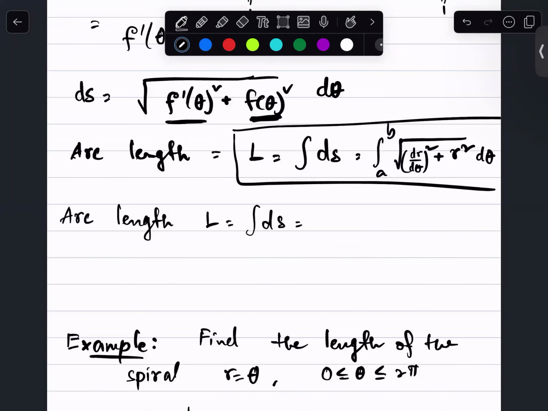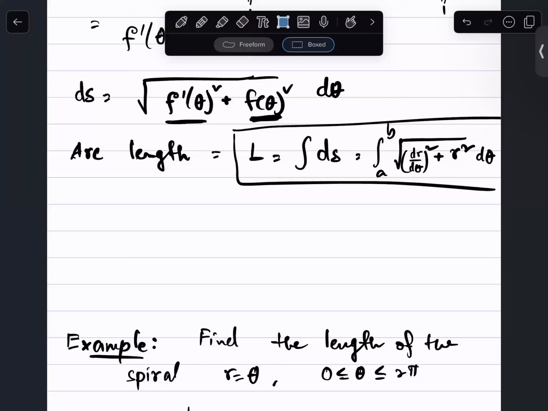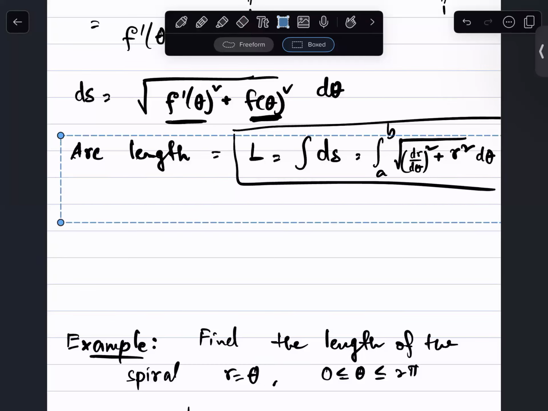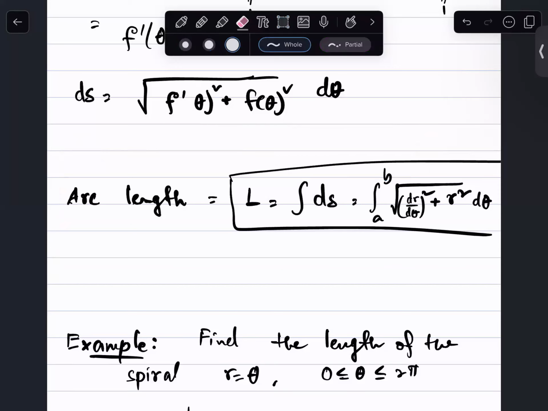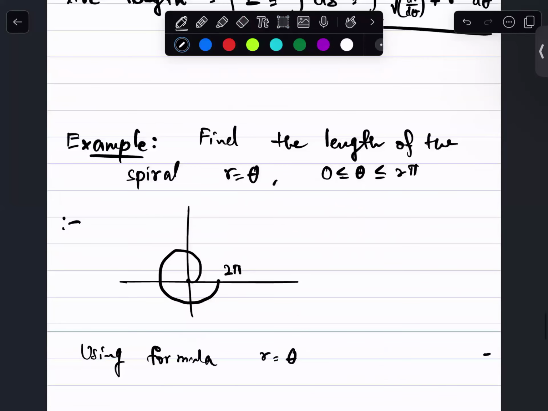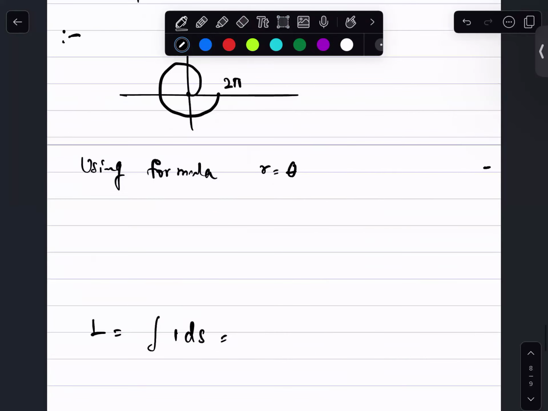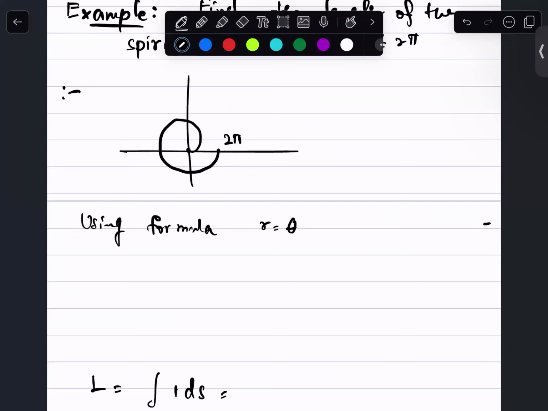Now, if I try to use the formula in the following example, then what will I get? Okay, so the next example is you have to find the length of the spiral r equals theta, where theta is varying from 0 to 2 pi. So this is the graph of the spiral, as you can see. If I use the formula for r equals theta, then dr/dθ will be 1. So ds will be